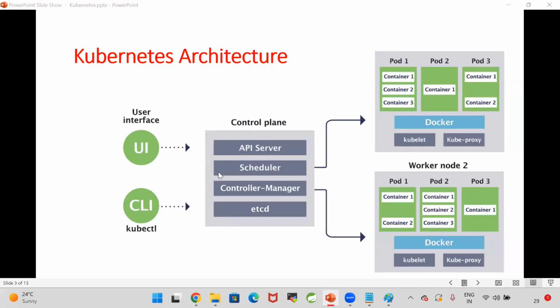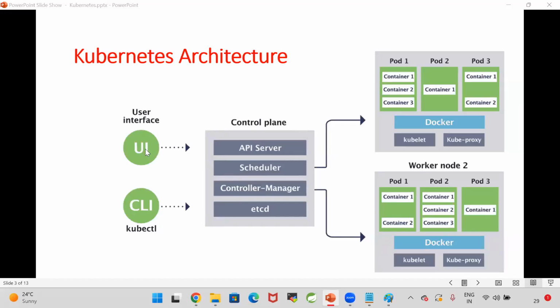Able to follow me? If you don't want to go with kubectl, then you can go for user interface. Through UI, we can communicate with the control plane, and with kubectl, we can also communicate with the control plane.